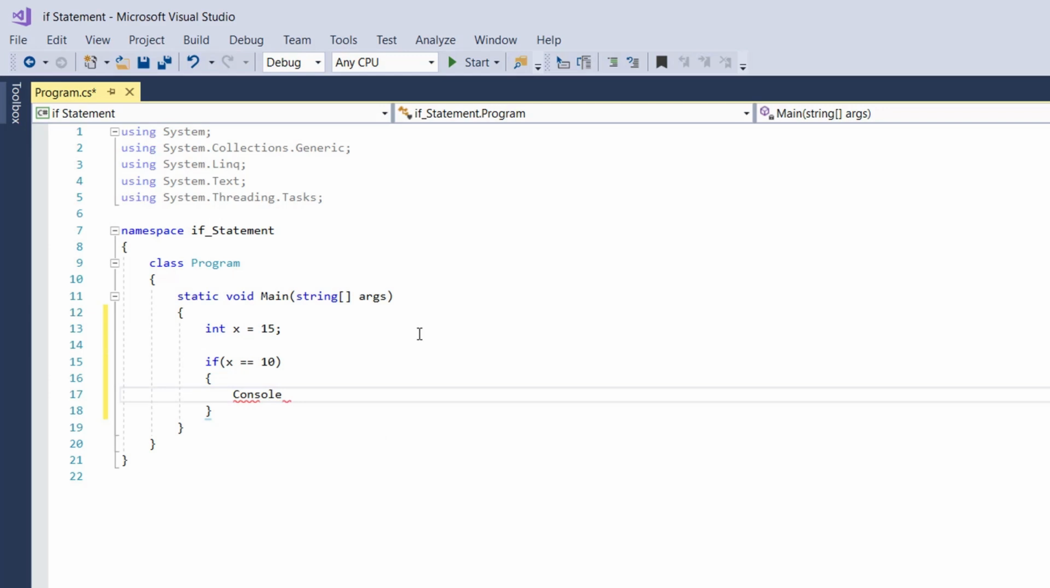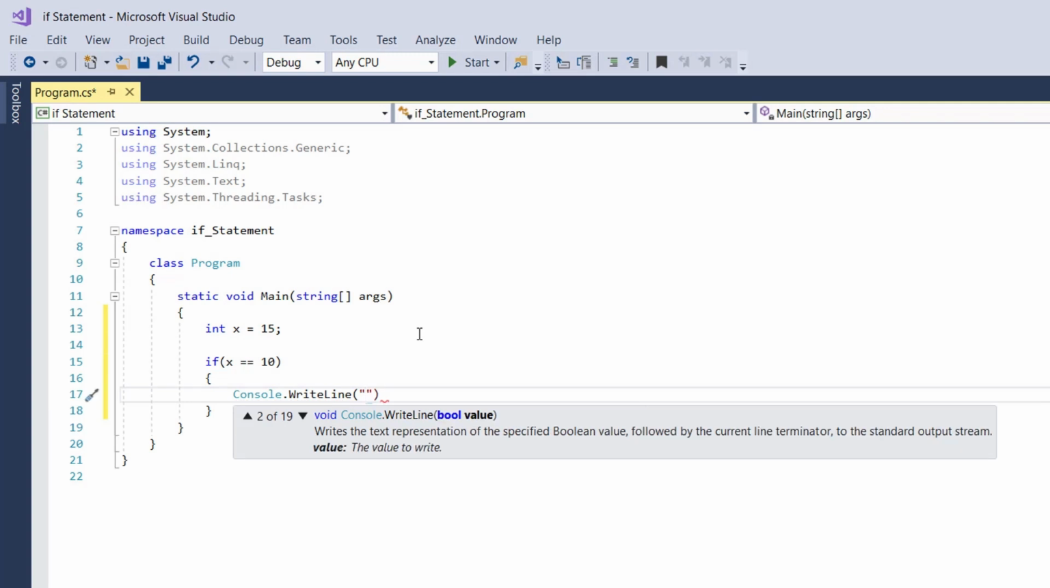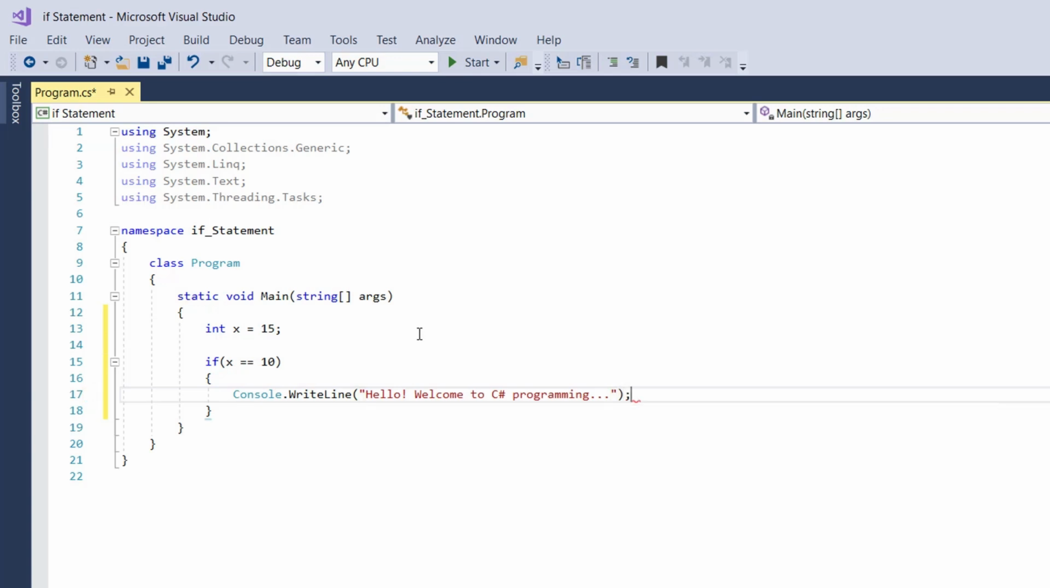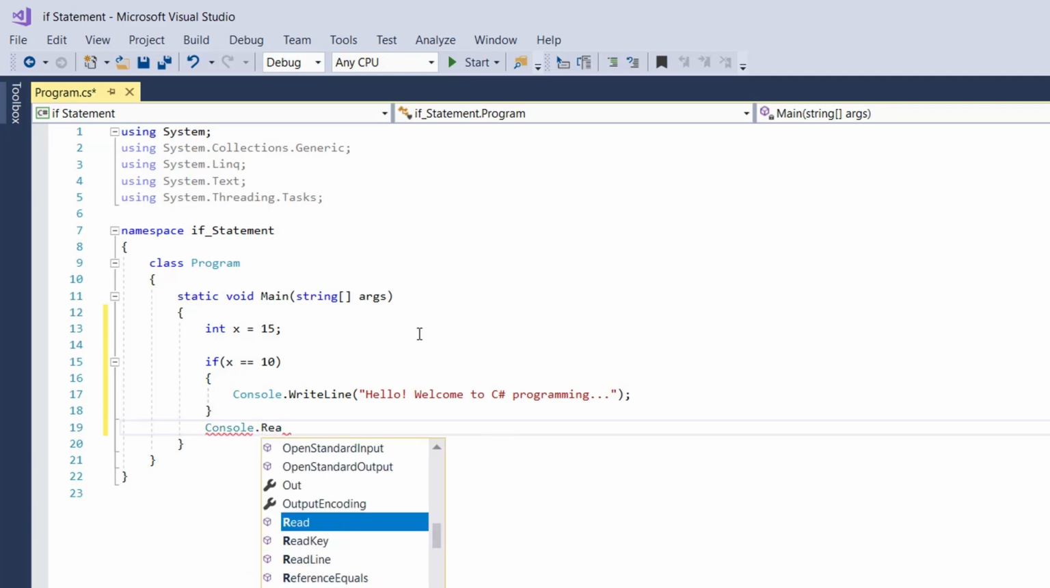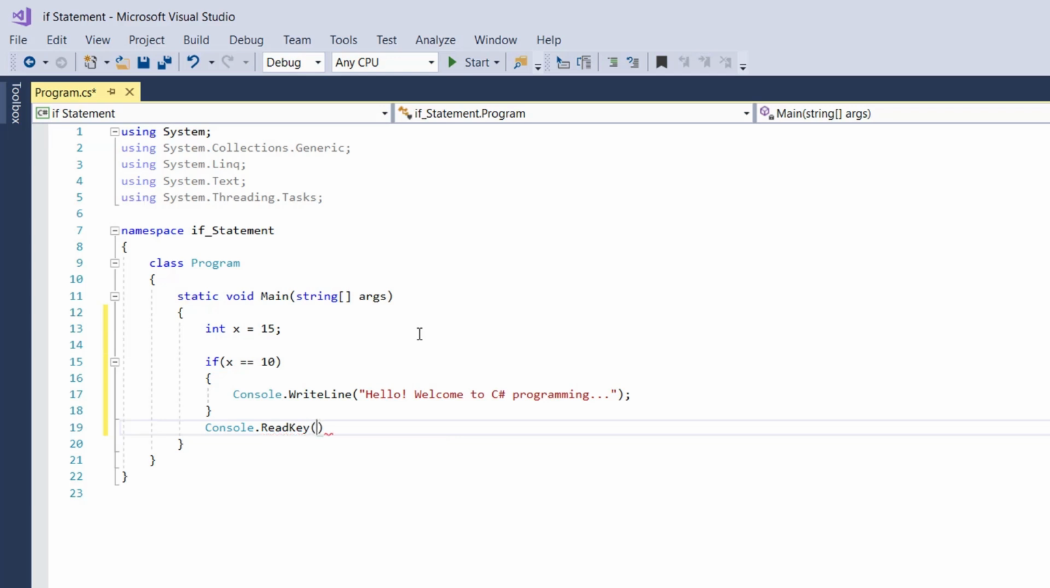Console.WriteLine, and then tell the user, "Hello, welcome to C# programming." Go ahead and place a semicolon at the end. Now remember to put a Console.ReadKey right here, and then place a semicolon at the end. So if you go ahead and run this code, you can see that nothing is printed out because